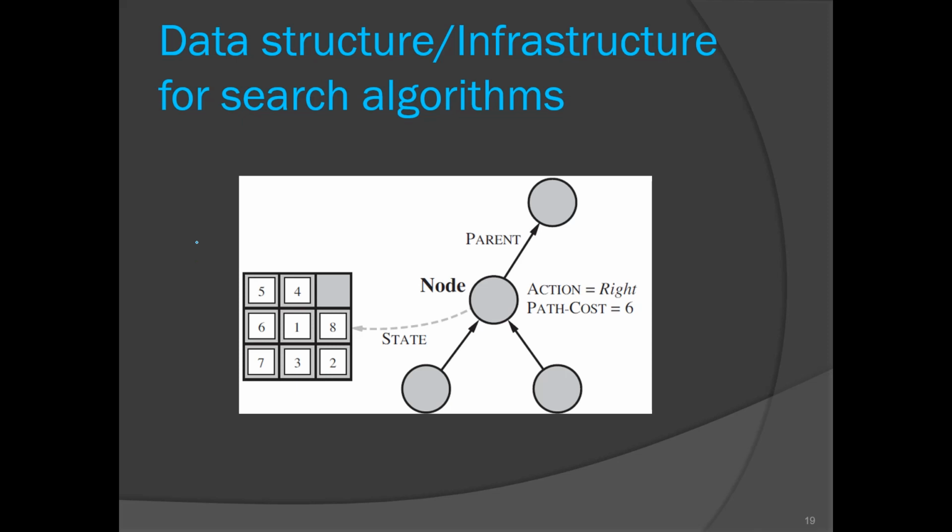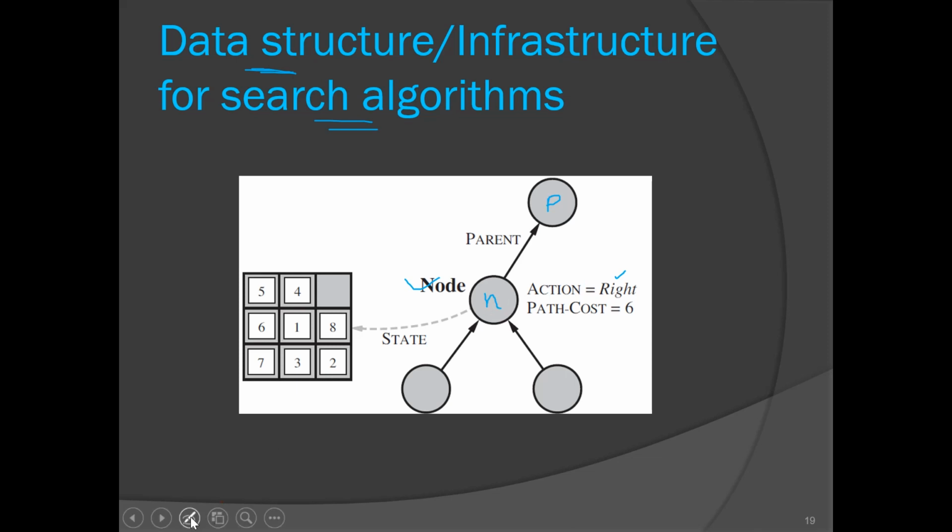Now we will see what information we have to keep for every node, the data structure that we are going to use for a search algorithm. What information are we going to store for one particular node? So this is our parent node, let's denote it by P, and if we perform an action on that, this node N is generated.